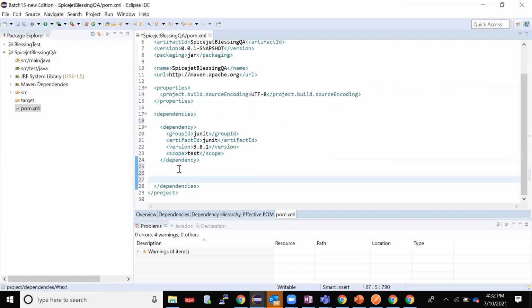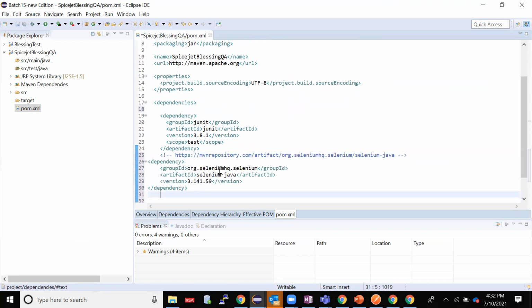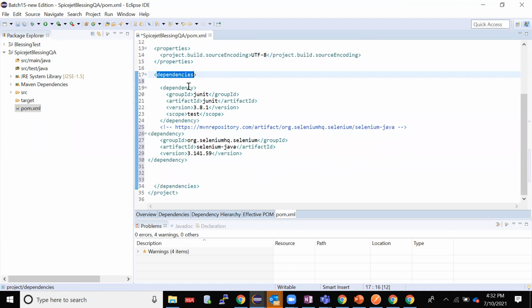So whatever you're adding, you're supposed to add it here. Copy from that, dependency open, dependency close, and it will be inside your dependencies. Keep it as it is and save.